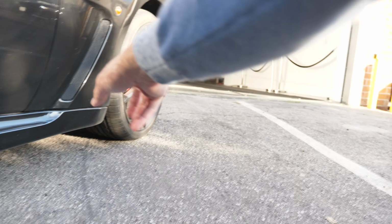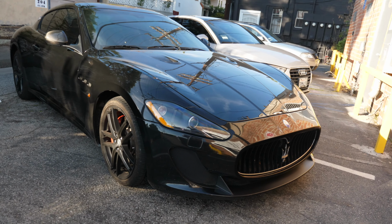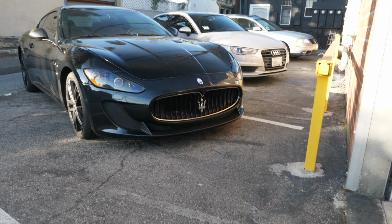I definitely want to do rims, and I also want to get a wrap for this thing because the black paint is just terrible. It's terrible to clean, it's terrible to maintain. The car literally looks dirty 24/7 even after I wash the damn thing. So never getting a black car again unless it's matte black. And the last part I love about this car is that